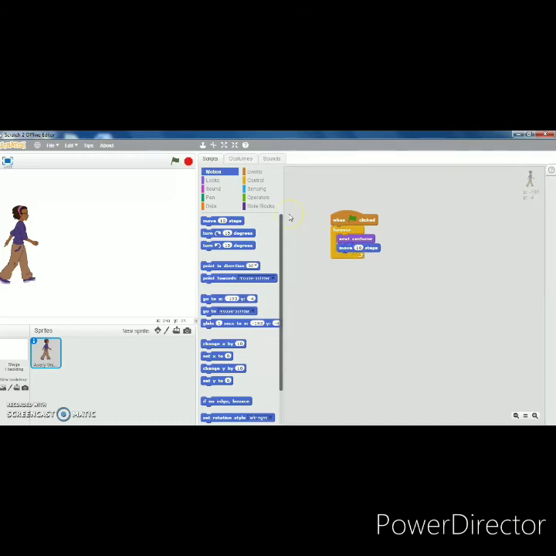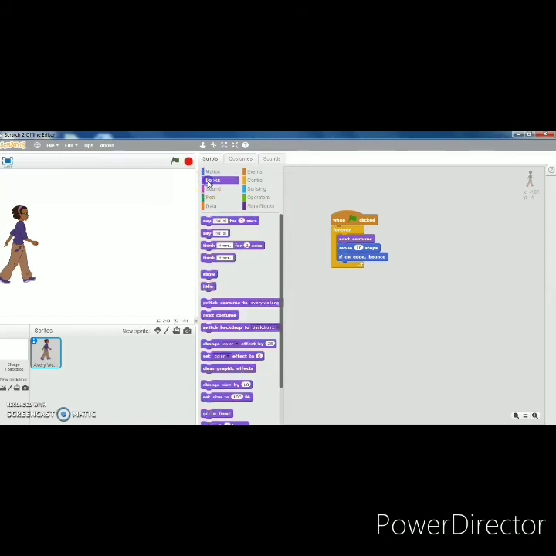After that, if on edge bounce, means when the edge comes. Bounce means when the wall comes, she will turn. So it is also in motion, if on edge bounce. Then wait for, after that she will wait.